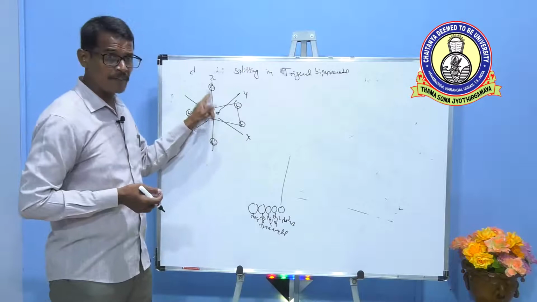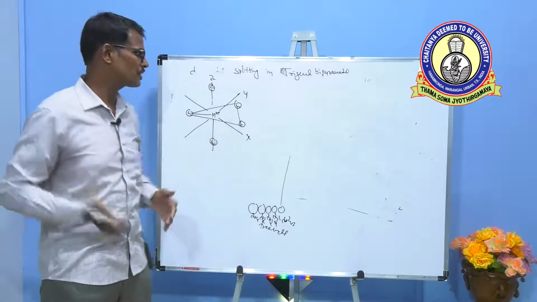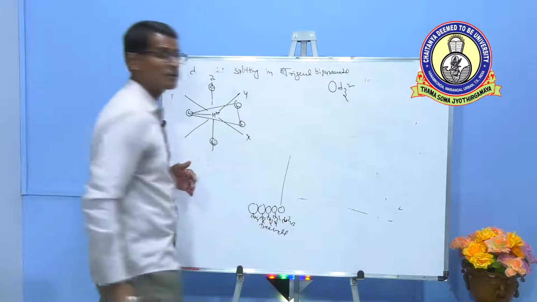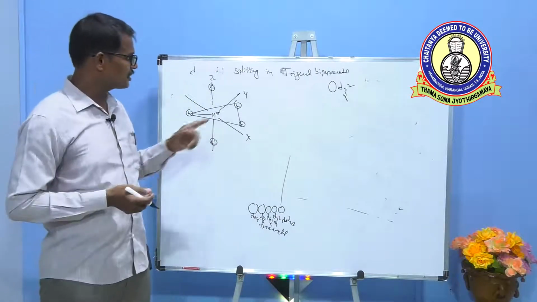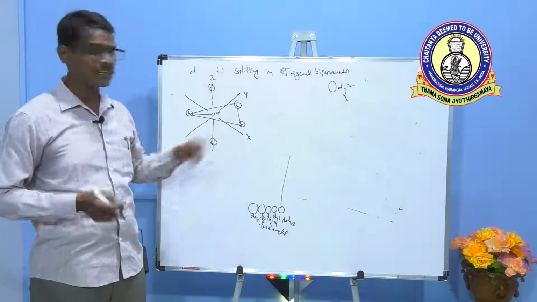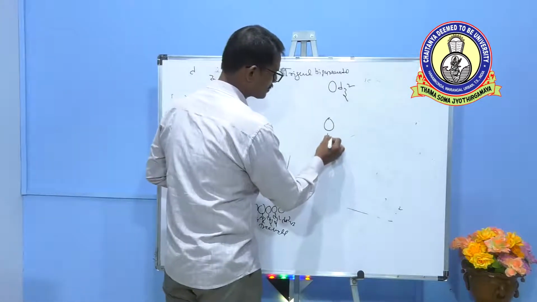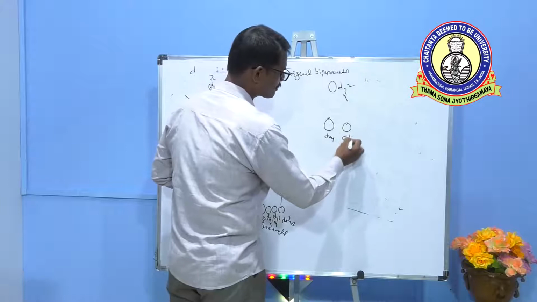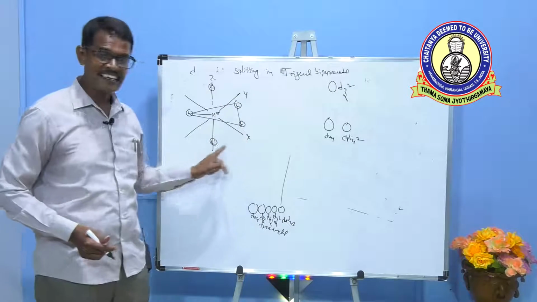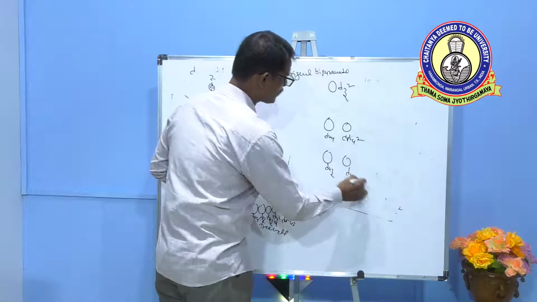The orbital which is present along the z-axis has the highest repulsion, meaning that orbital energy increases more, so dz square goes to highest energy. There are orbitals present in between x and y axis. So the next to experience more repulsion are the dxy orbital and dx square minus y square orbital. There is no ligand field between yz and xz. So the least are dxz and dyz orbitals.